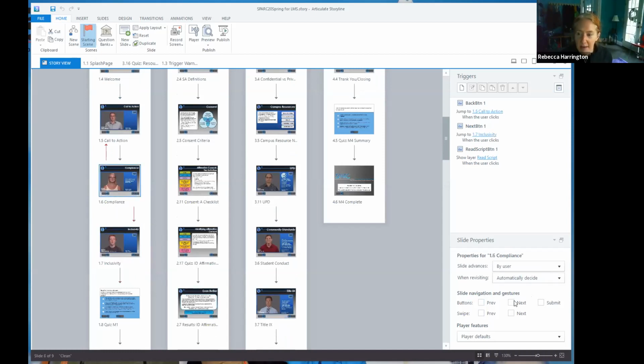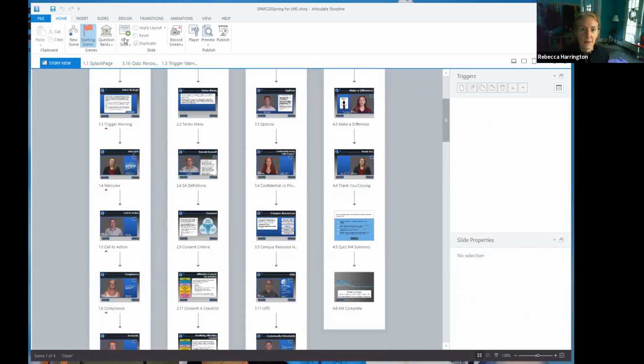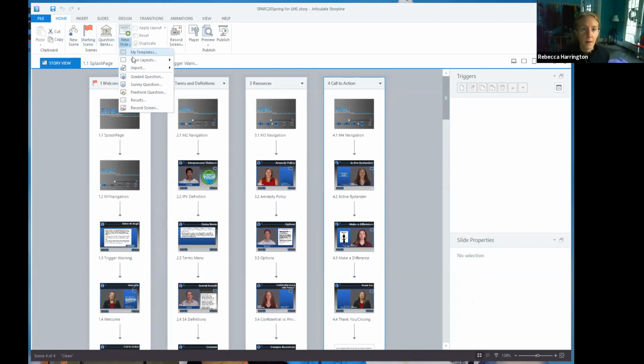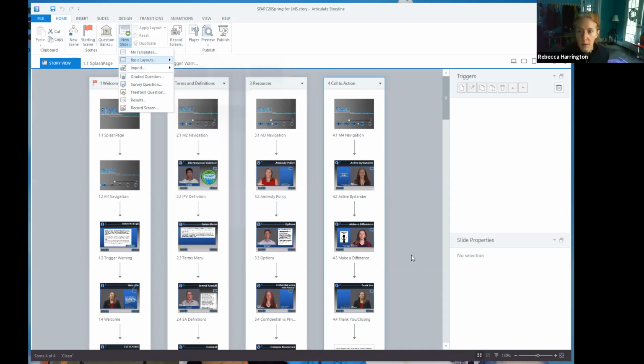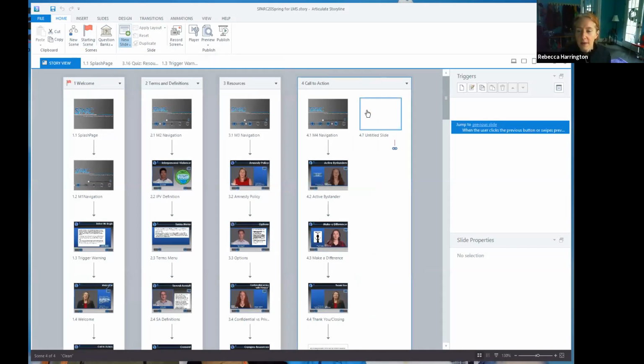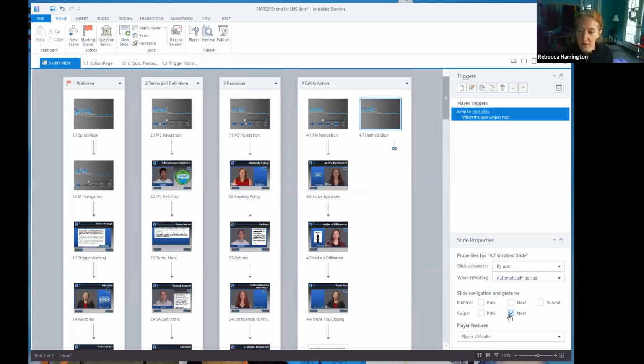As I click on these slides, none of these boxes are checked. I'm going to Control A and highlight all of the slides in this scene, and none of these are on. But if I come over here, let's just add a slide to this one. This new slide that I just added, automatic, it's not something I want, because that's a place where students will have access to skip over things, and it's going to put a preview and an X button in my player, and I don't want those.